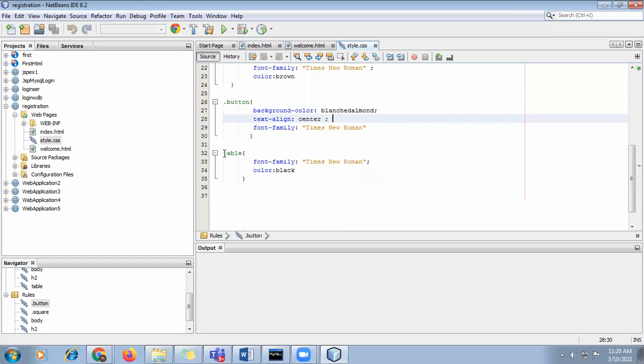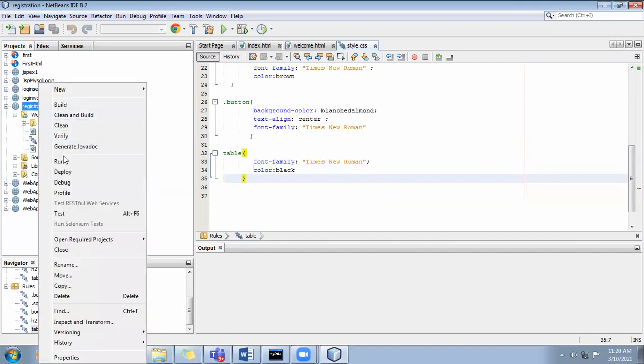In the same way, for the table tag, we are applying font family as Times New Roman and color as black. Okay, so now once we have written the index.html, welcome.html and the style.css, next thing is what?